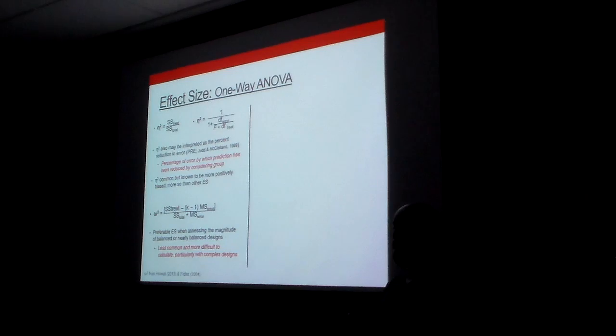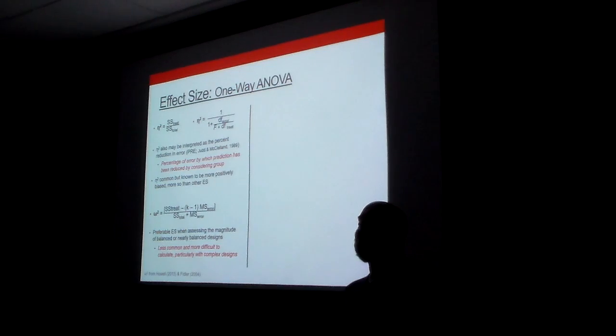But we know that's going to be problematic. And so I calculate omega squared, and let's say I get an omega squared of 0.15. Here, I would say calculation of omega squared suggests that approximately 15% of the variability in performance scores,